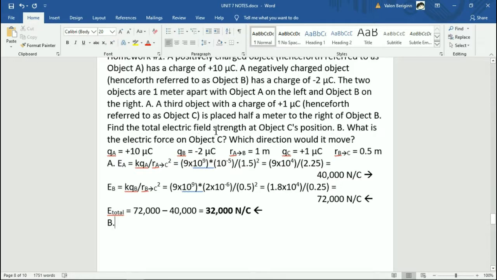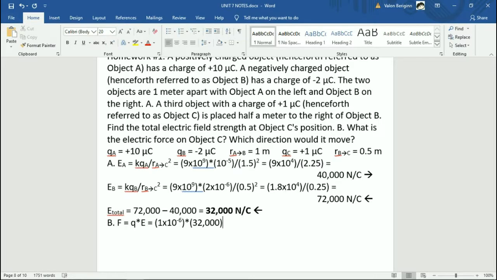Now B, what is the electric force on object C? Which direction would it move? Okay, so now, to get the force, you take the new charge and multiply it by the total field. So the new charge now is the charge for C. So 1 microcoulomb times the field that we just got